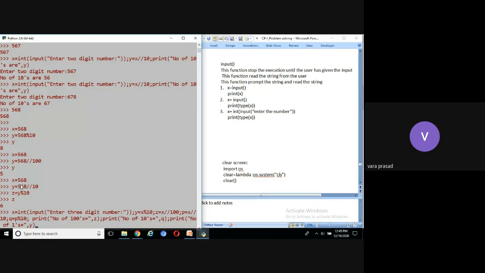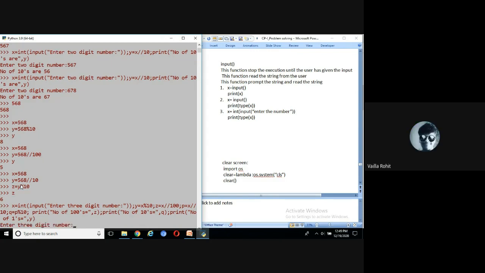Now you can run the program. Is there any syntax error? Check it once. Is there any error in any line? How many instructions are there? 1, 2, 3, 4, 5, 6, 7, 8. Is any instruction having a syntax error? Sir, we have to close the bracket. No, see, why close the bracket? Int input, we have. Now there is no error.